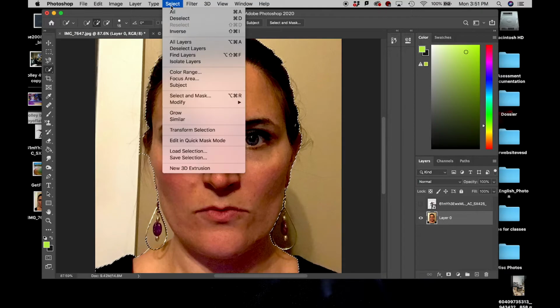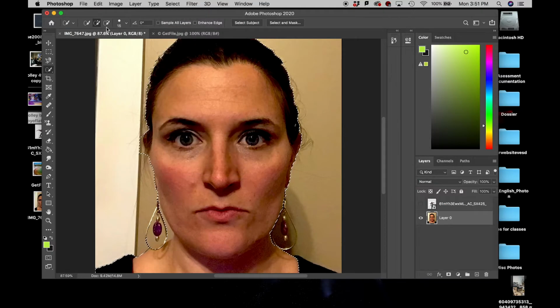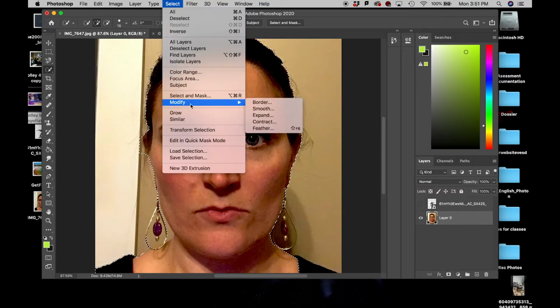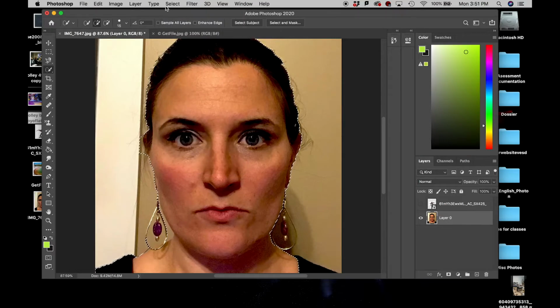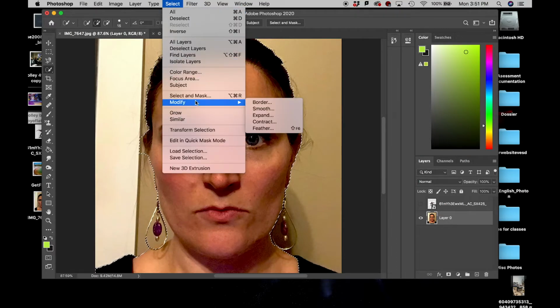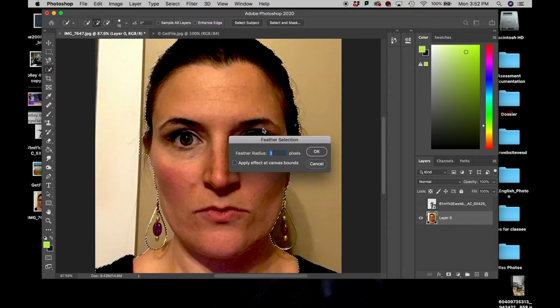And then you can also, if you don't have what you want up here, check under your select menu. So right now I've selected my head. Let's say I wanted to select the background. I could select inverse right there, and that would select the background instead of my head. And let's say I wanted to modify it. You can smooth out your selection, so that'll smooth up all these little wrinkly lines. The one I use most often in here is feather, and you can decide how many pixels it's going to feather. 2 to 3 is what I recommend,